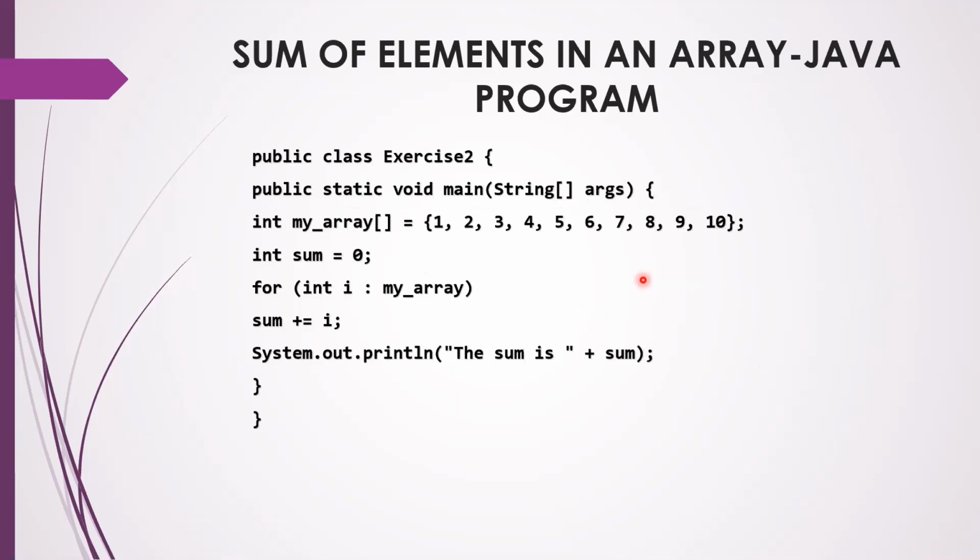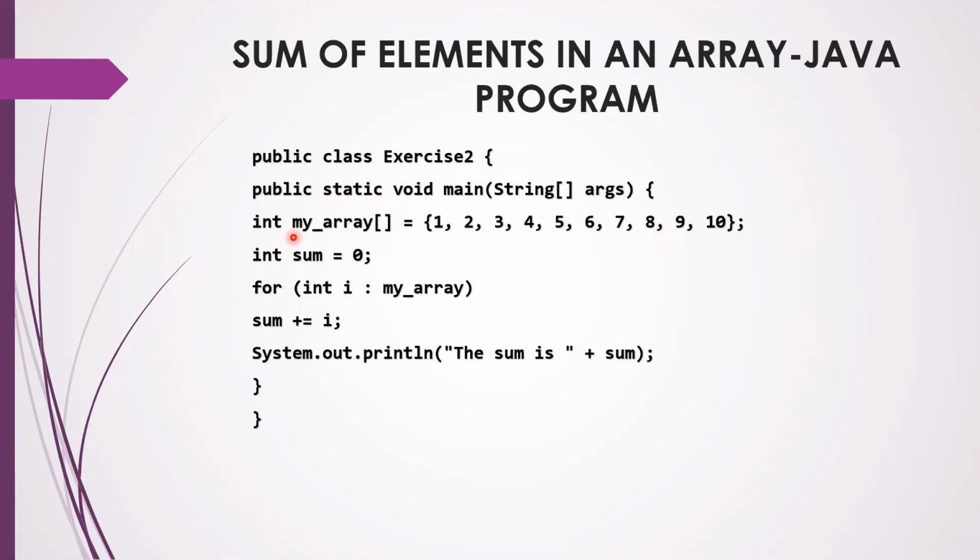So as you can see, it's a very simple program. You have a class, which can be named anything, like Sum or SumOfElements. And then you're having this main function. The main function will have, as usual, the access identifier, that is public, and then you have the static keyword. Why we have the static keyword for the main function is that you need not allocate objects for this, which will save memory.